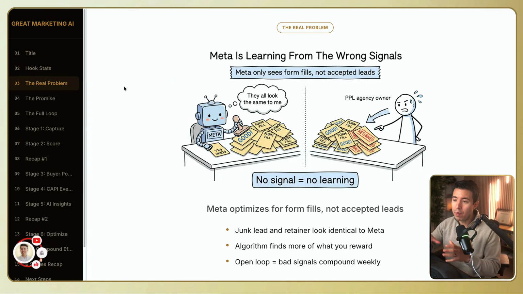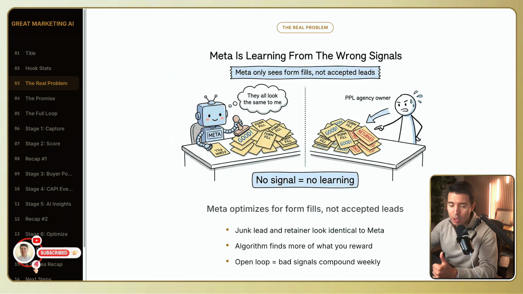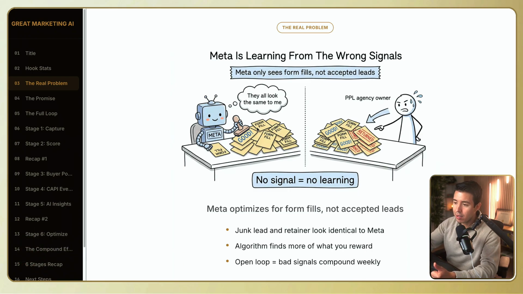Here's a real problem. Meta doesn't know what a real good quality lead looks like. So when you get a lead and someone fills it out, they all look the same to Meta. And on your end, what's going to happen is you're going to get a bunch of low quality leads, return leads from your buyers that they're not actually accepting. So you have the wrong signals. So Meta starts optimizing for the wrong signals. It optimizes for people who are just filling out the form and not real leads that are getting accepted by